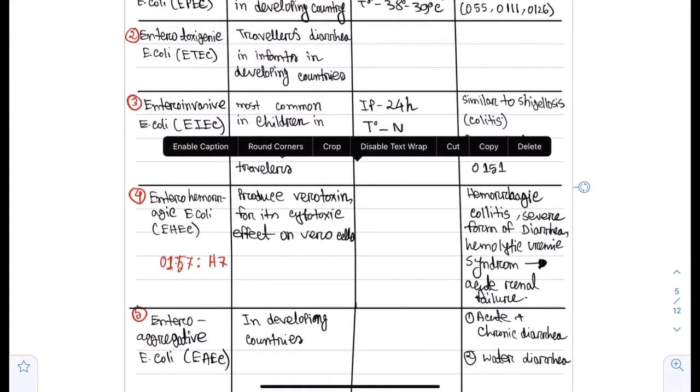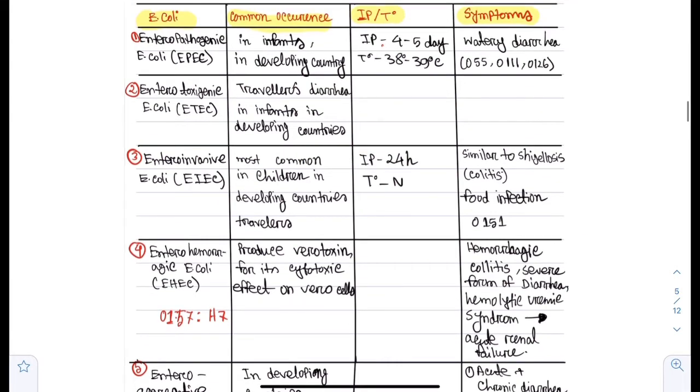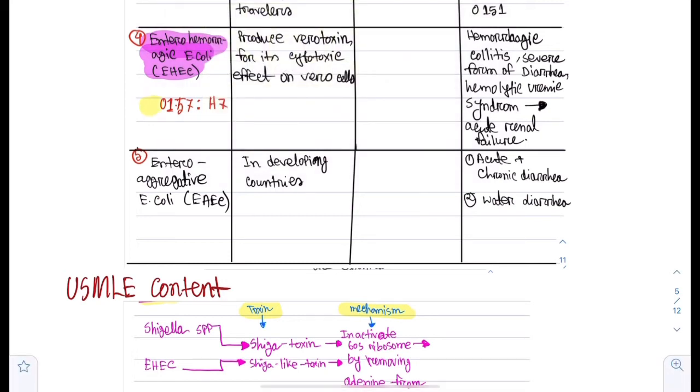There is enteropathogenic E. coli, there is enterotoxigenic E. coli, there is enteroinvasive E. coli, and then enterohemorrhagic E. coli, which is the most common E. coli, and this is the serotype which is also the most common serotype found in the human body, because